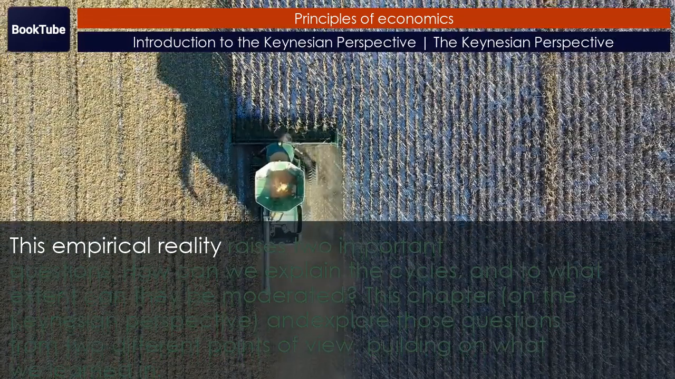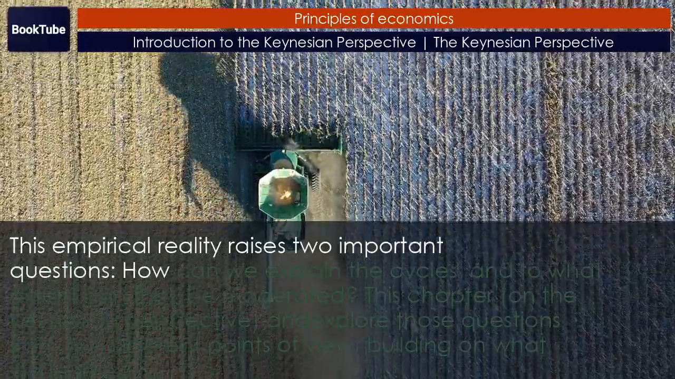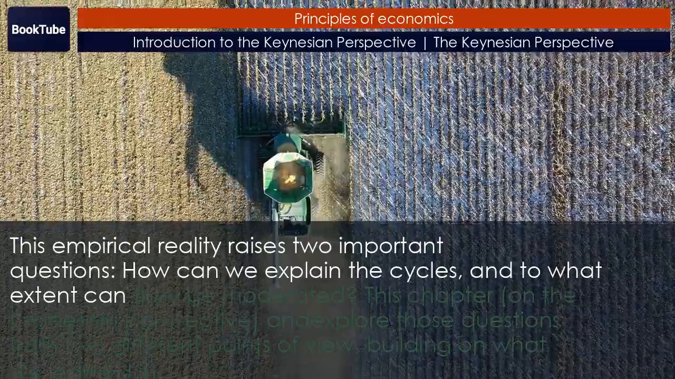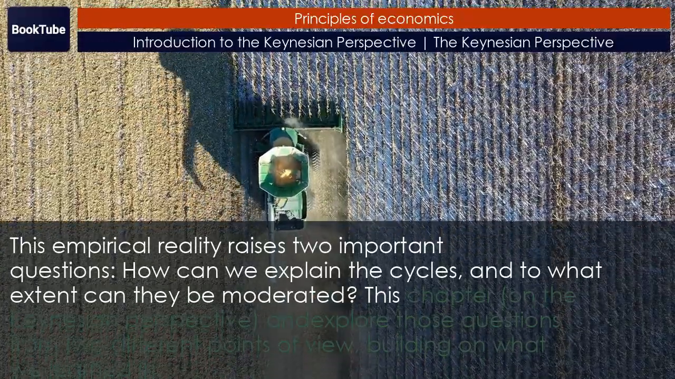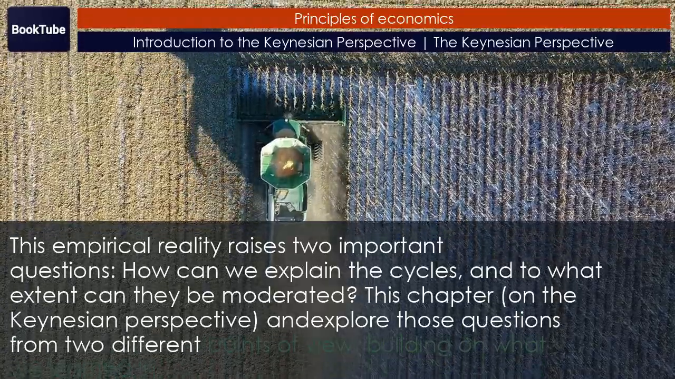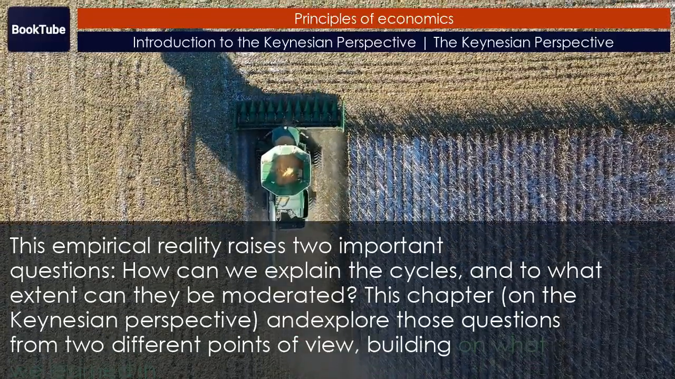This empirical reality raises two important questions. How can we explain the cycles? And to what extent can they be moderated? This chapter, on the Keynesian perspective, will explore those questions from two different points of view, building on what we learned in